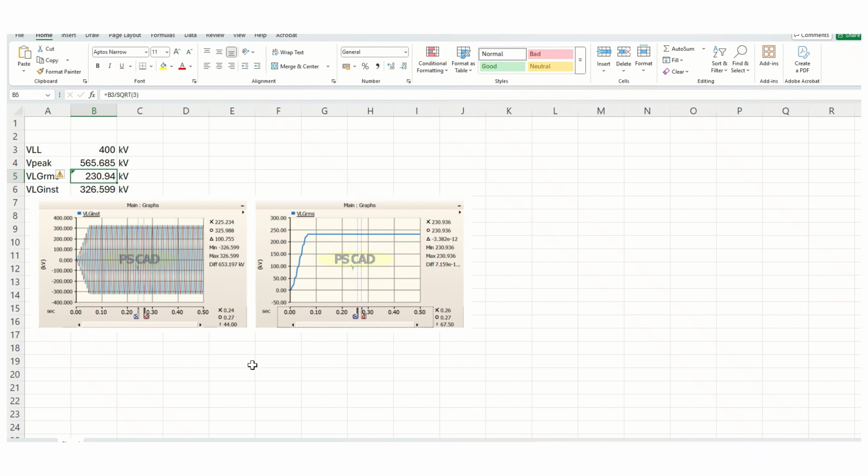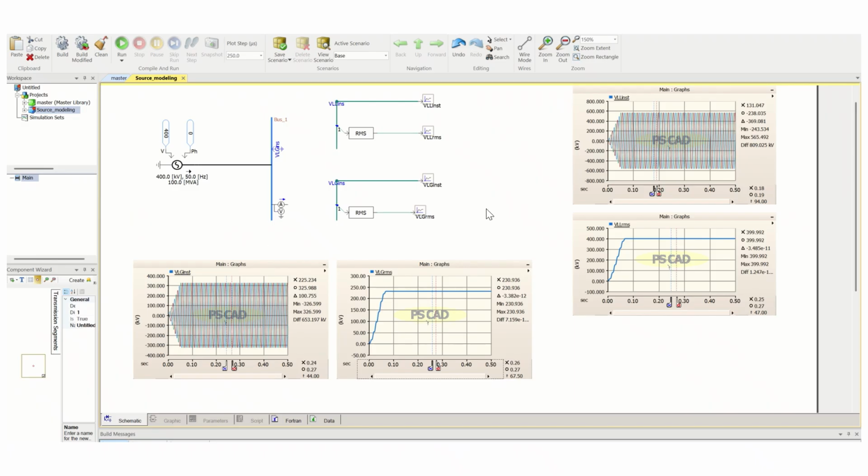So it is also matching, right? So in this way we have validated, using one infinite voltage source, the 400 kV source, what the instantaneous and RMS voltage are, three phase and single phase. So in this video, up to this,